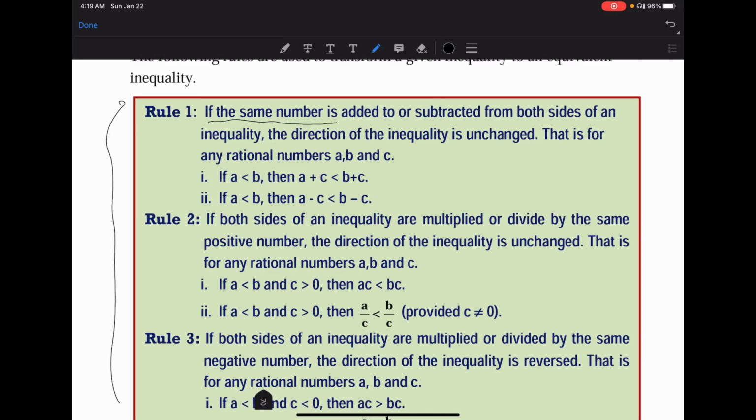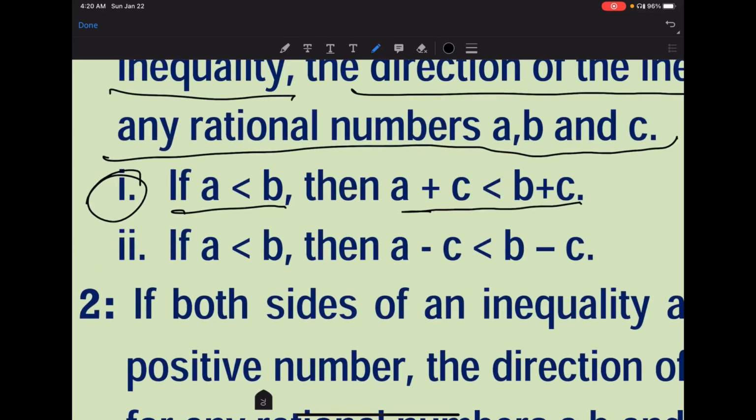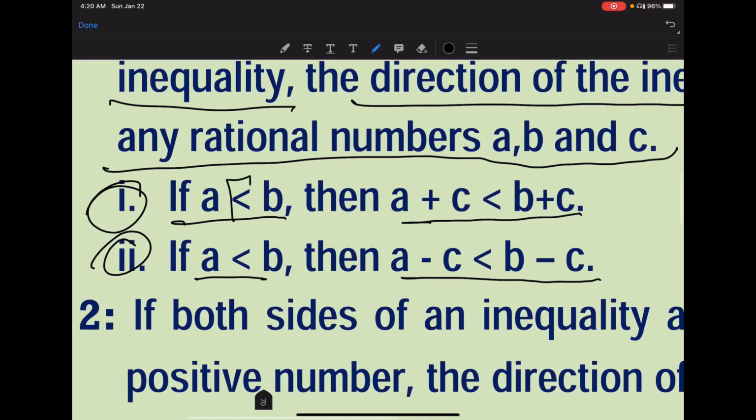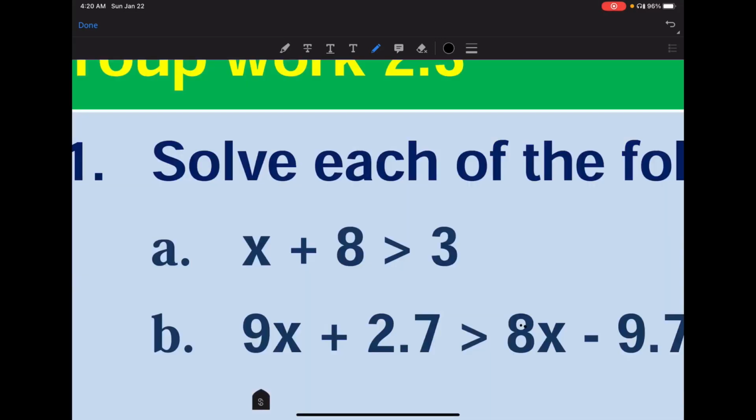the same number is added to or subtracted from both sides of an inequality, the direction of the inequality is unchanged. That is, for any rational numbers a, b and c, if a is less than b then a plus c would be less than b plus c. ሁለተኛ, if a is less than b then a minus c is less than b minus c, okay። inequality አይለወጥም፣ እዚህም less than ነበር እዚህም less than ይሆናል።